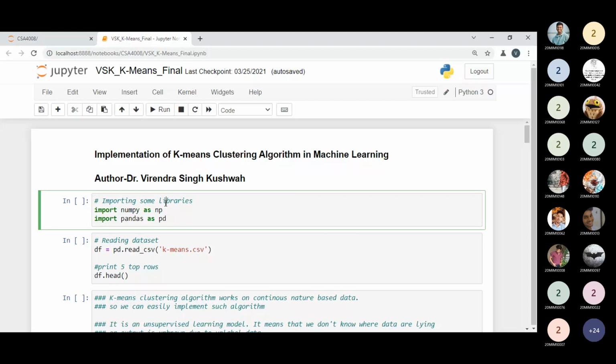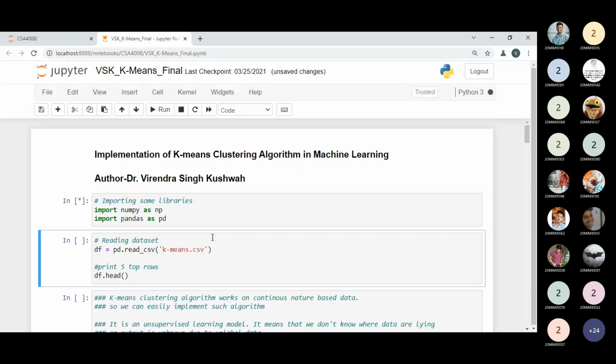Here I'm importing some important libraries: the NumPy library and the Pandas library. Why am I importing them? Because I need to perform some mathematical operations or functions, which NumPy, the numerical Python library, provides. And the Pandas library is used to get the data from the data frame. Step by step I will tell you. So first I'm importing the NumPy and Pandas libraries. Now that's great.